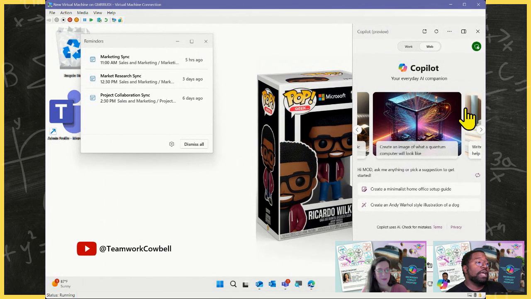But if you are a Microsoft 365 subscriber with a work account, you are going to want to sign in, because when you do, you get this nice green label that we all know and love, showing that our use of Copilot is protected with commercial data protection.